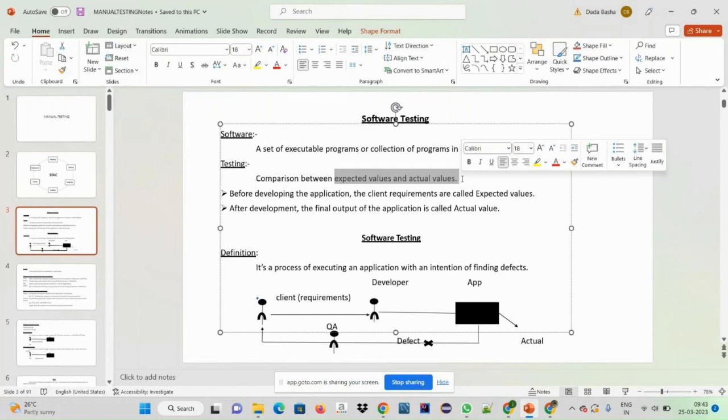So here, that is day-to-day life testing. We perform a lot of testing in our day-to-day life. Now, what is meant by software testing? Software testing is nothing but